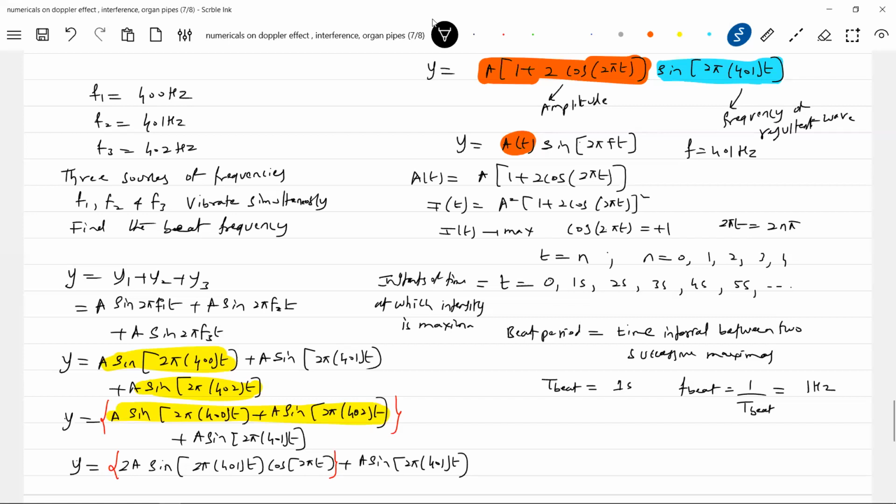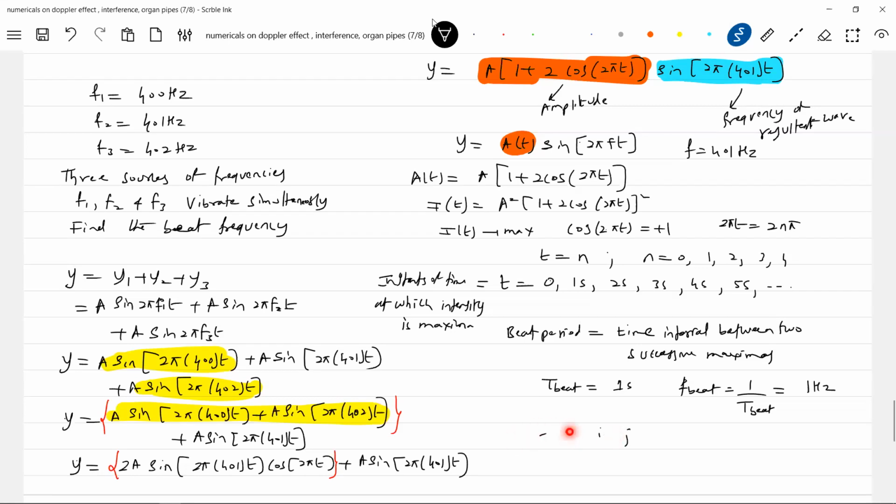So what is the number of beats? One intensity cycle will get over in 1 second. So what do we mean by beat frequency? In 1 second, one intensity variation will complete one cycle. So I'm going to hear 1 beat per second. Okay, let's do some more mathematics. For minima, we'll check it, because we already have a lot of content. Now, let's explore further. For intensity to be minima,